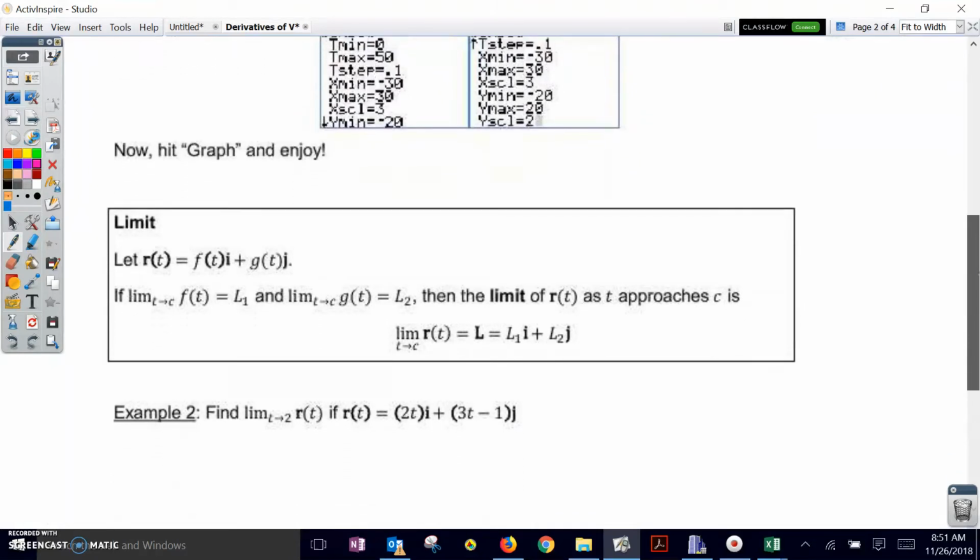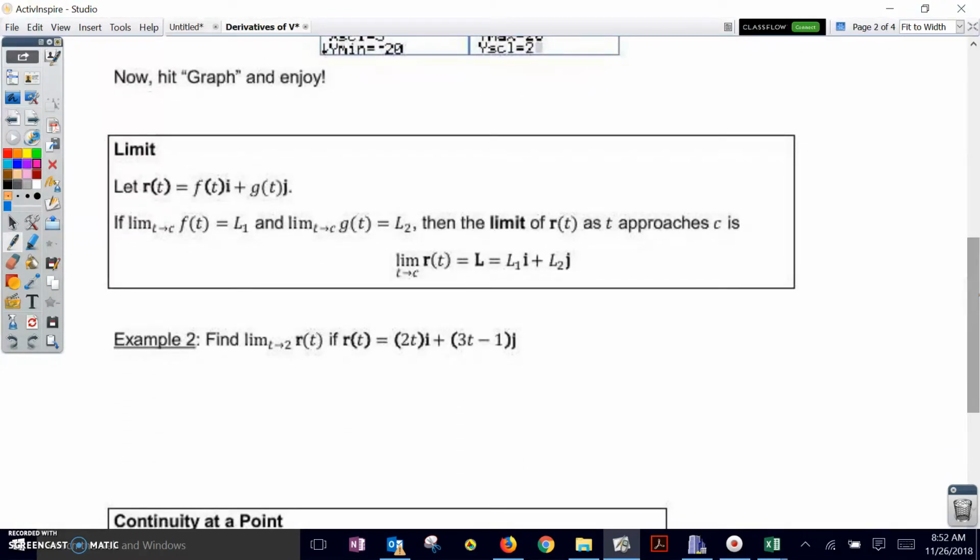Alright, a definition of limits for vector valued functions. If I have a vector valued function, r of t equals f of t i plus g of t j, if the limit as t approaches c of f of t is L1, and the limit as t approaches c of g of t is L2, the limit of the vector valued function is just those individual limits times the standard unit vectors. So if we want to find the limit as t approaches 2 of r of t for this function, we're going to find the limit as t approaches 2 of the coefficient of the i vector,